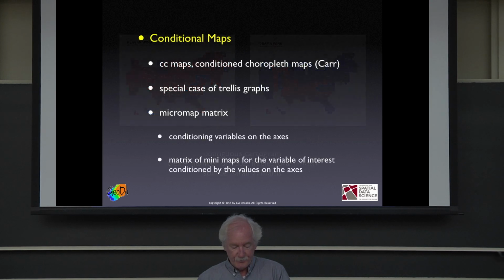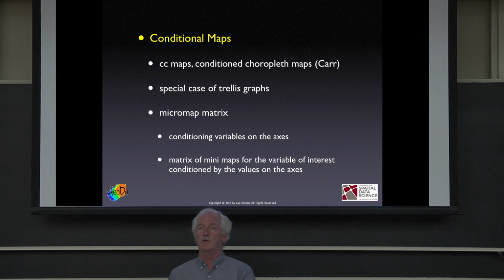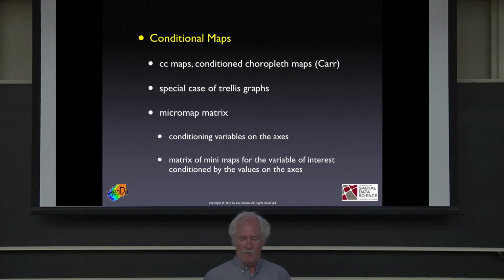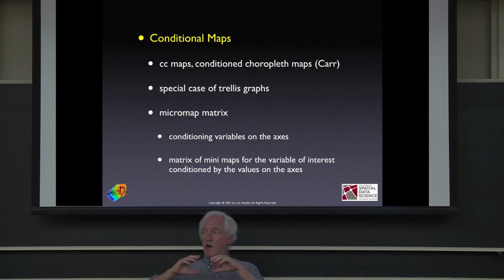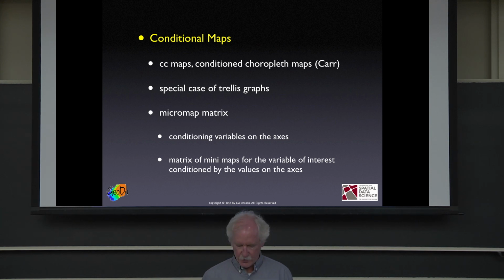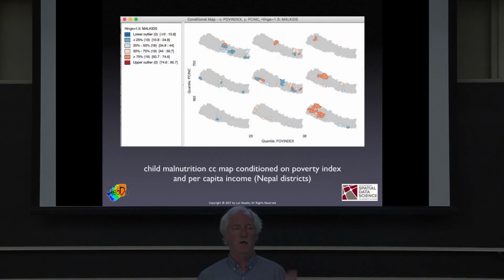And then, as I mentioned, extending this notion of a trellis graph or a conditional plot, we can do the same for maps. These are called conditioned choropleth maps, or a micro map matrix is the same idea. We have two axes to condition on a variable that makes subselections of observations, and then we only show those observations in the cells. So just like we have done this with the scatter plots in the lab the other day, we can do the